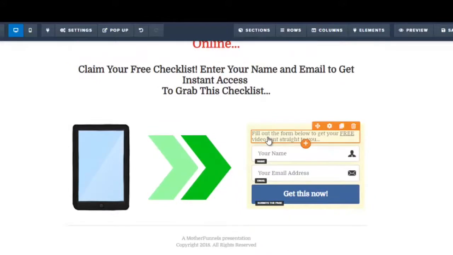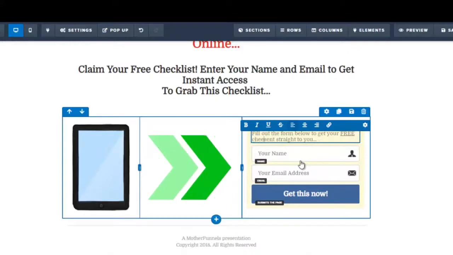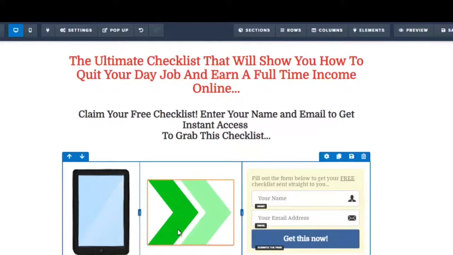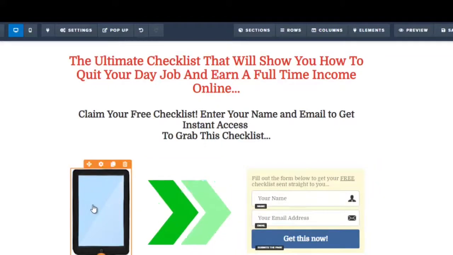Okay, here it says fill out the form below to get your free video sent straight to you. So let me just replace video with checklist. Okay, and I want to change the image on here. So what we have here, this looks like a tablet of some sort. So I'm just going to click on this,